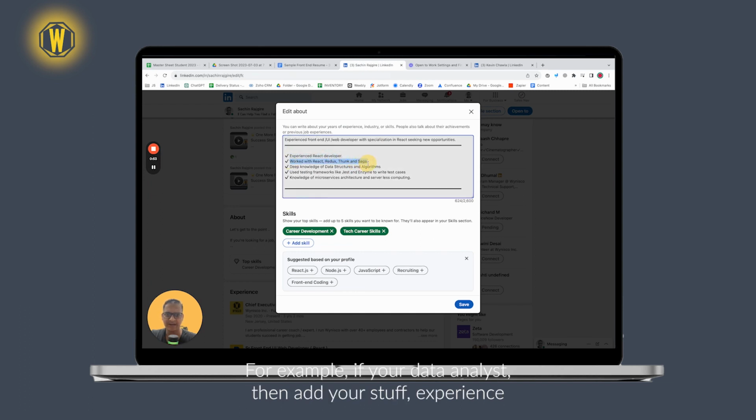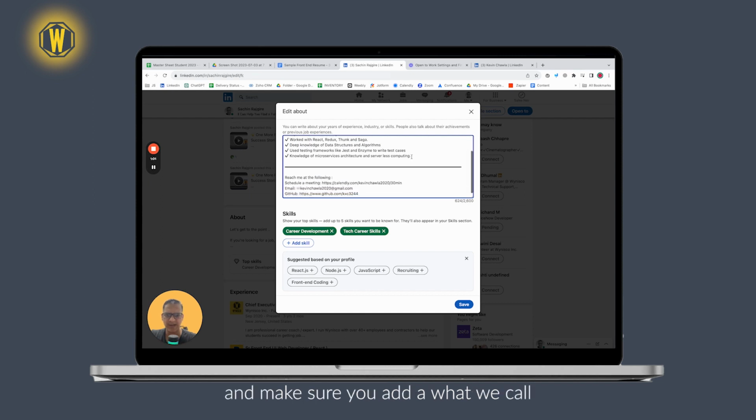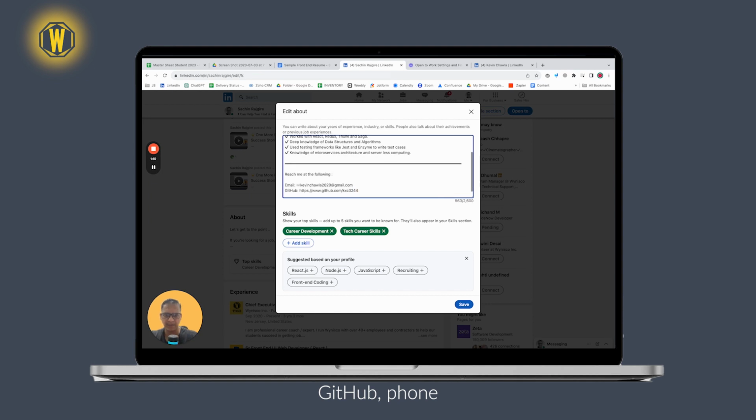For example, if you're a data analyst, then add your stuff, experience data analyst with specialization in whatever, and make sure you add email, GitHub, phone. Three things are must. Again, let me reiterate,